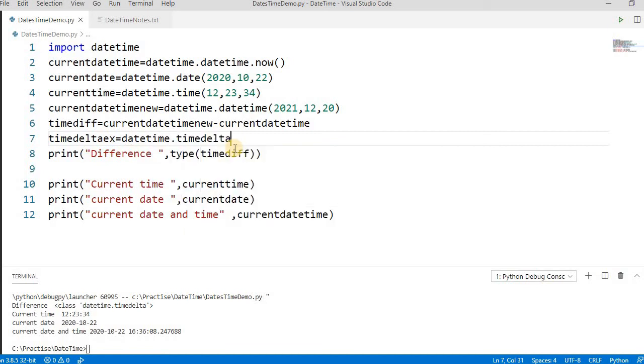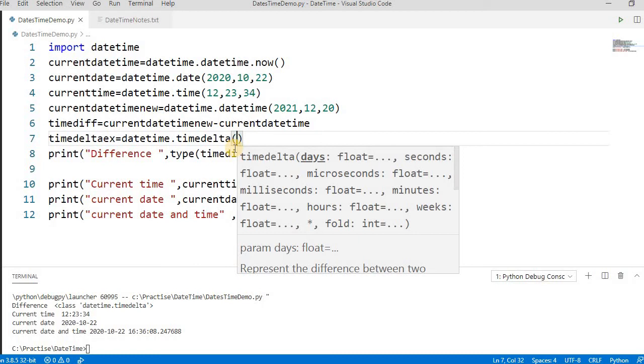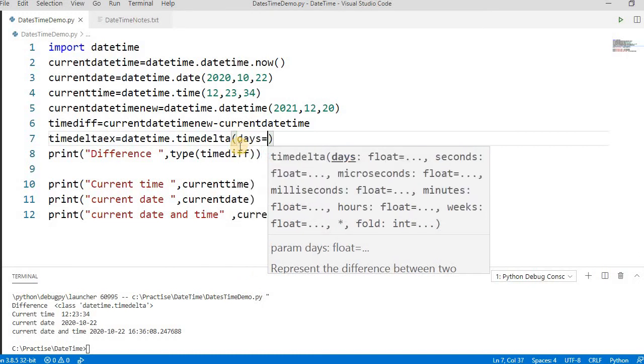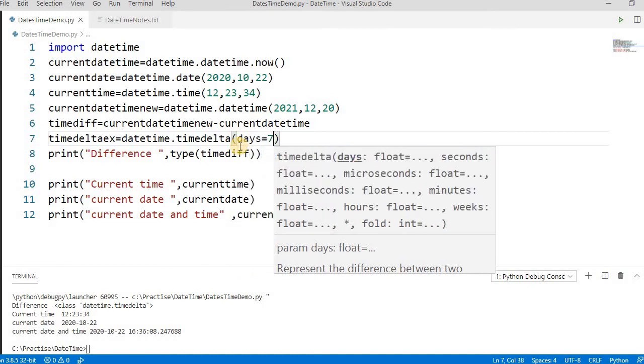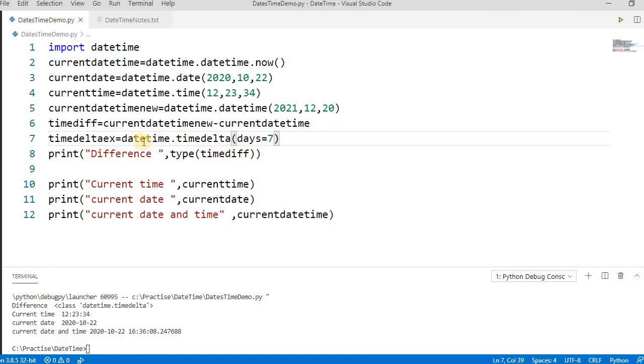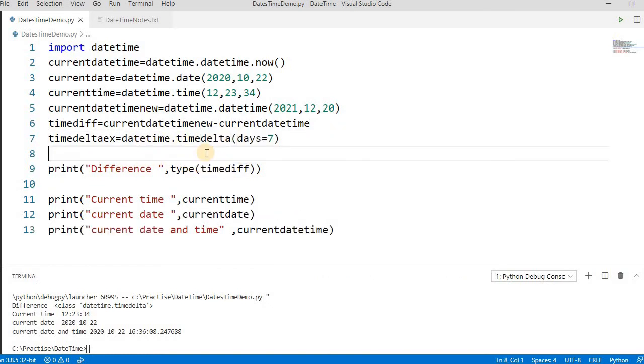See here, timedelta. You can pass n number of parameters like days, weeks, seconds, or microseconds. So we pass something like days equal to 12, or 7 days after this one. And then if you add this to the current date and time, it will return the result. So if you print next week date, then how do we do this?